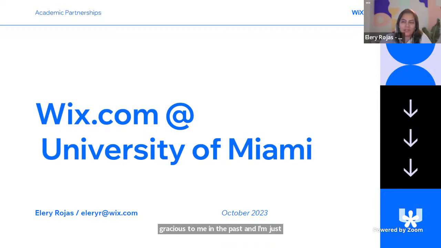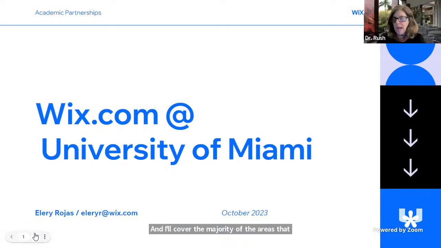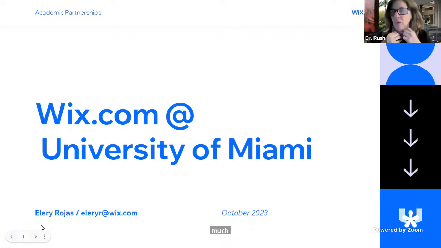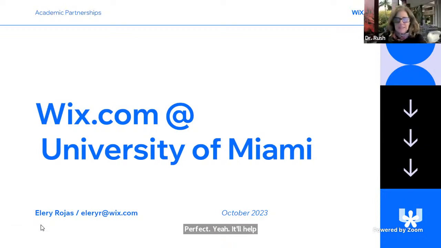Let's do it. Okay, so I'll have a lot of the basic steps. I'll skip those pages, but in the deck, they'll be there so that they can kind of go through it on their own. And I'll cover the majority of the areas that you wanted us to focus on. Most of these students have not even used your product. Do you suggest they just watch or they try out some of these things when they're there? What do you find is best, Ellery?